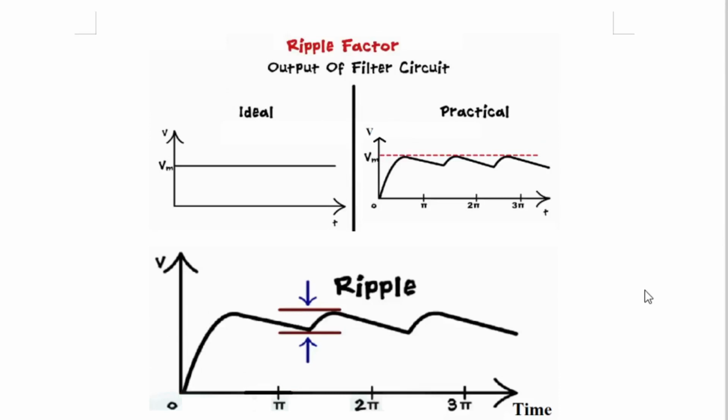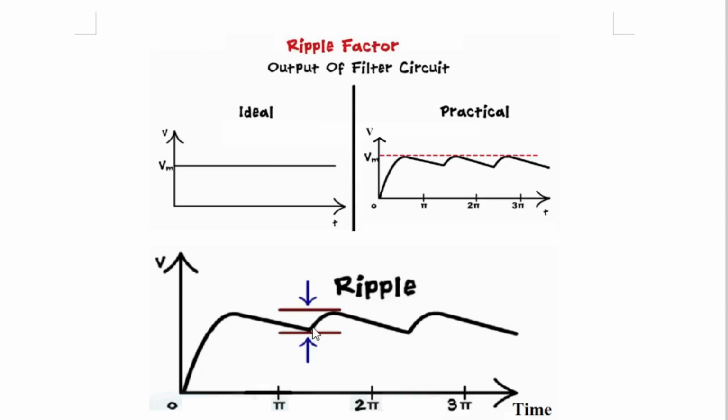See here, after connecting the capacitor C, we anticipate that the output should be a straight DC line, but that is an ideal concept. We feel that the output DC voltage should be smooth DC, but here it is not smooth. The practical output is like this. So the capacitor charges during the positive half cycle and discharges during the negative half cycle. This is the discharge path which I already showed you. Then again the positive half cycle appears, the capacitor charges and then discharges. So you see here, this is not coming to zero, and that is what here, in magnified form, is the ripple now.